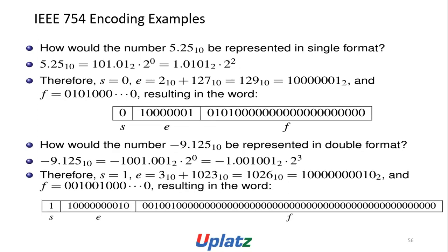IEEE 754 example: how would the number 5.25 in base 10 be represented in single format? 5.25 in base 10 is equal to 101.01 in base 2, times 2 to the power 0, which is equal to 1.0101 times 2 to the power 2. Therefore, S is equal to 0, E is equal to 2 plus 127, which is 129 in base 10, or 10000001 in base 2, and F is equal to 0101000 and so on, followed by zeros. Resulting in the word: